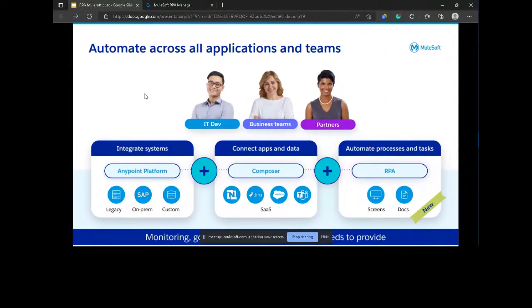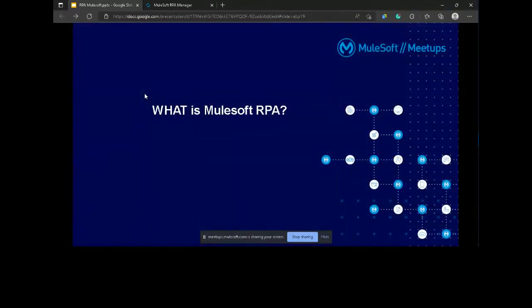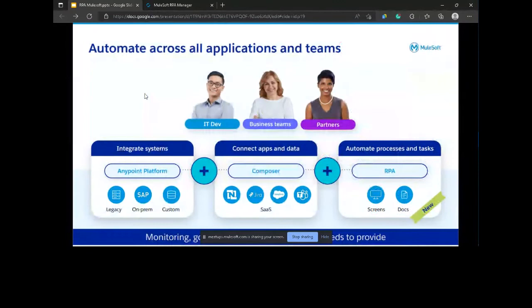All right. So, what is MuleSoft RPA? Before coming to MuleSoft RPA, I will emphasize understanding what exactly RPA is. Anybody who can say a few words on RPA?